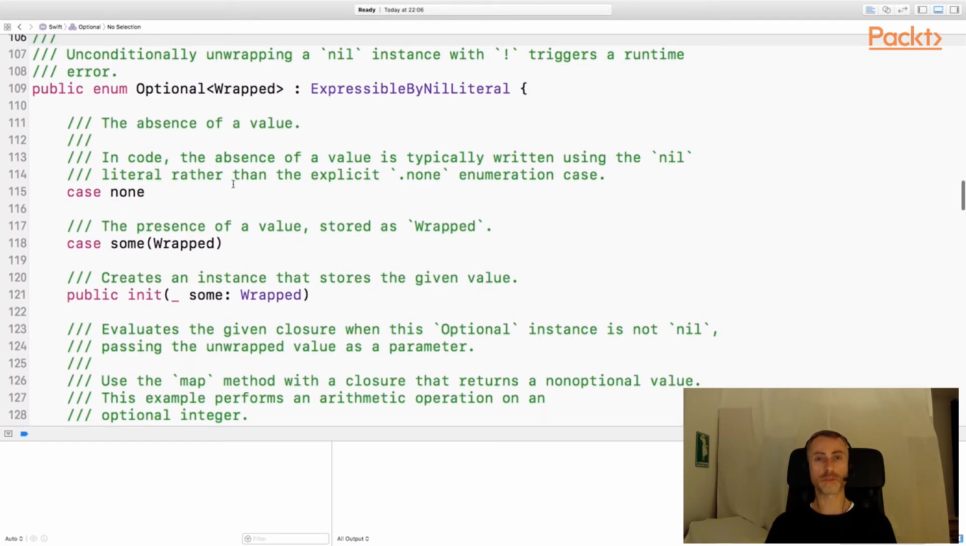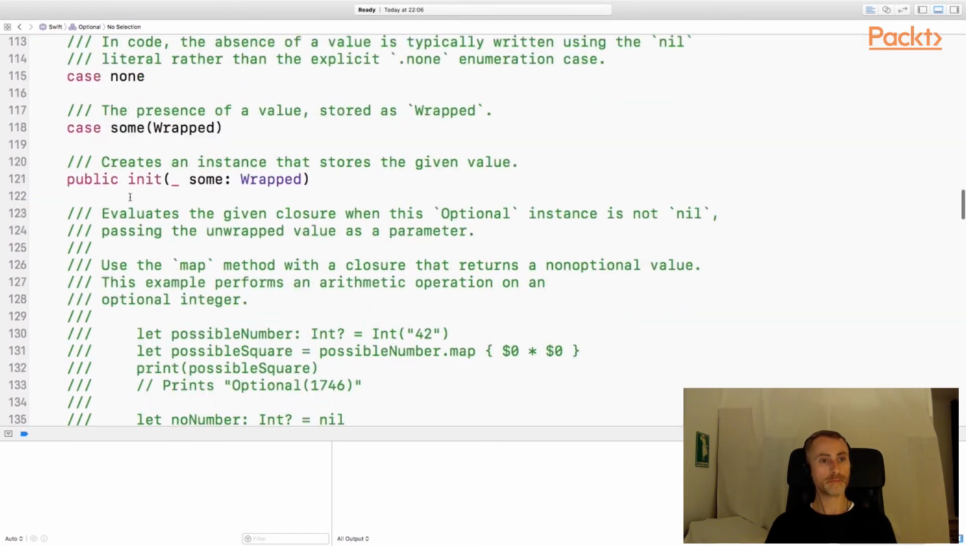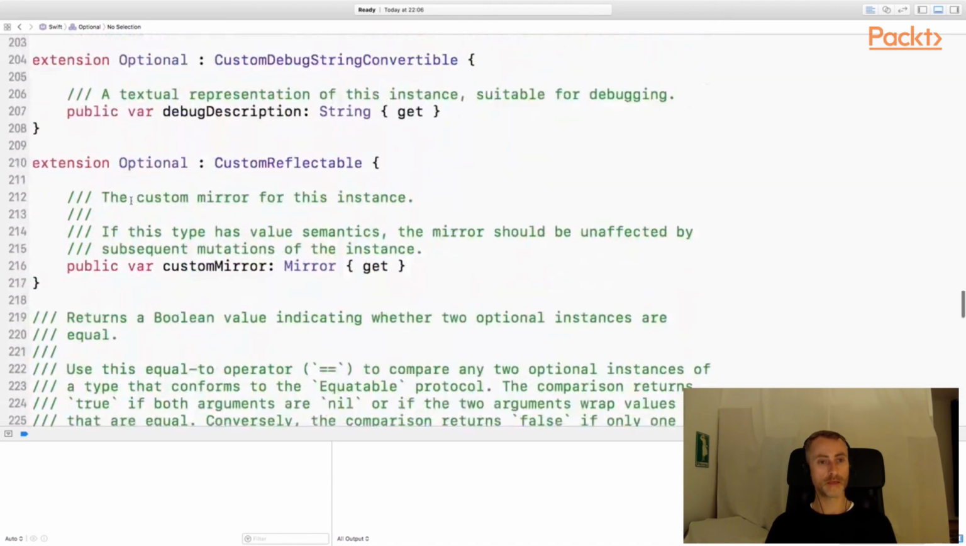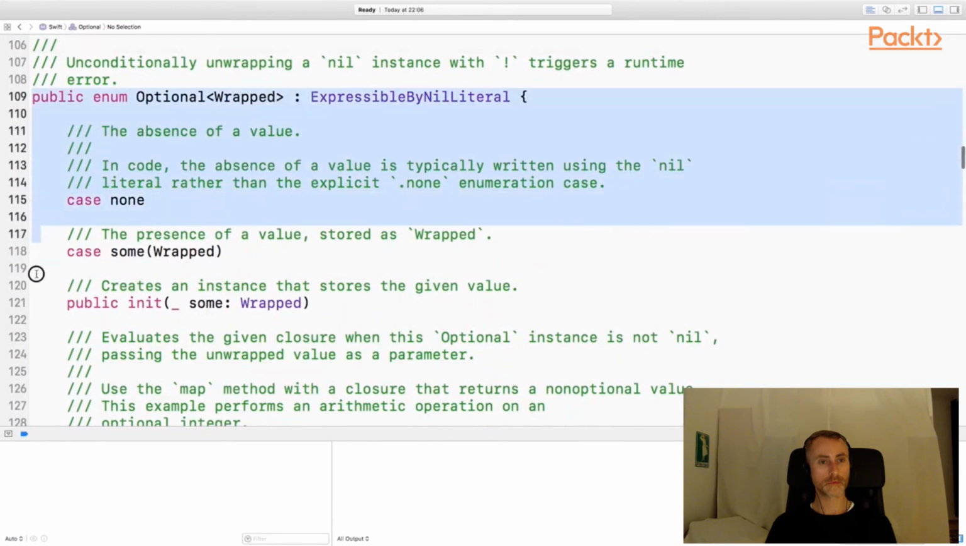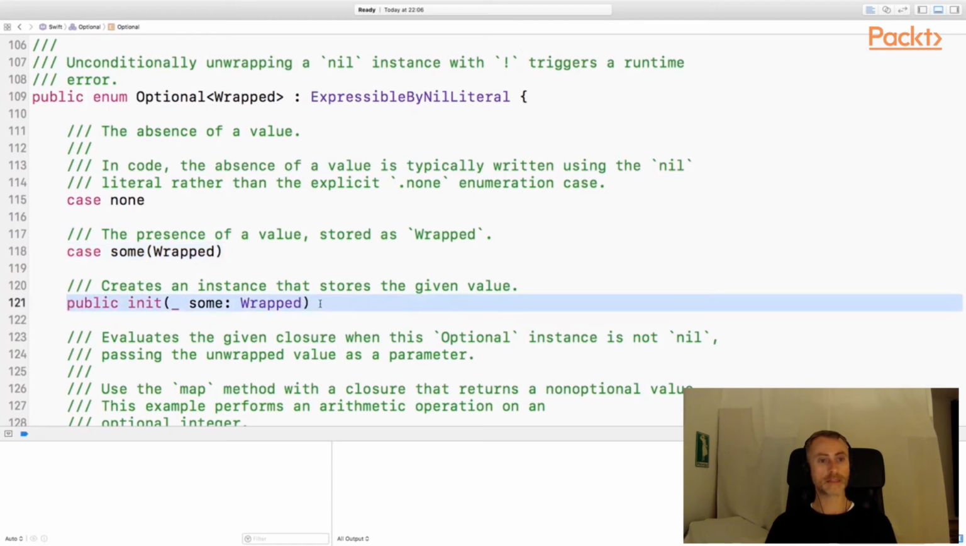And once I have a full type in the playground, I can use jump to definition to see the full implementation or the full interface of optional in the standard library. Now the implementation is reasonably long, but we're interested in just the beginning of the interface here, where we have the fact that optional is an enum with two cases, case none, case some, and the initializer with a some value. You can also learn about optional